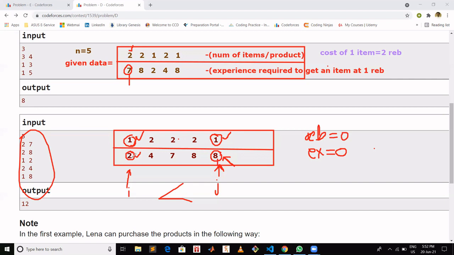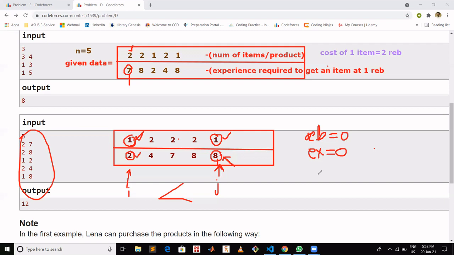In that case we will purchase all items at cost of 1, and we will increment our i. Otherwise, if both conditions are not met, then that means we have to purchase some product at double rebel cost. So we will purchase the jth one.